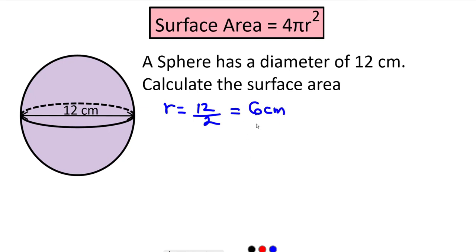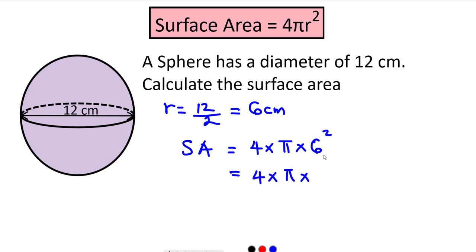Now this is the radius value that we're going to substitute in this formula to work out the surface area. We know the surface area of a sphere is given by the formula 4 times pi times the radius squared. And the radius is 6, so it's going to be 6 squared. Now if we simplify this, we have 4 times pi times 36, since 6 squared is 36. So now we multiply 36 times 4, which is going to give us